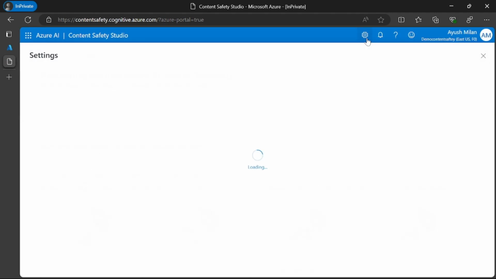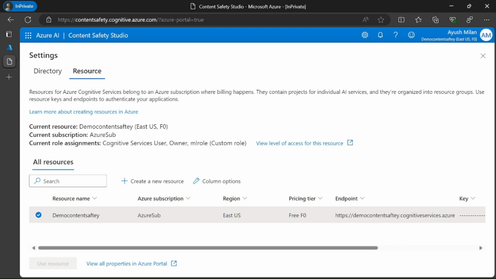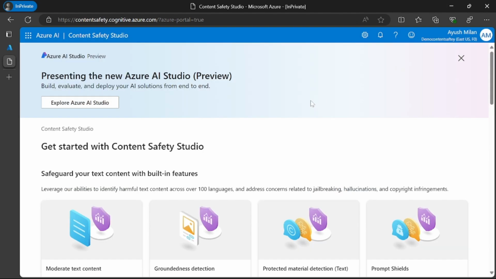Just go to the settings right up here. You can see that the role has been assigned. You can see that these are all the roles which we have in our account. Cognitive Services User is also added. So let's just close this, and now we are able to use and try out the text moderation in the